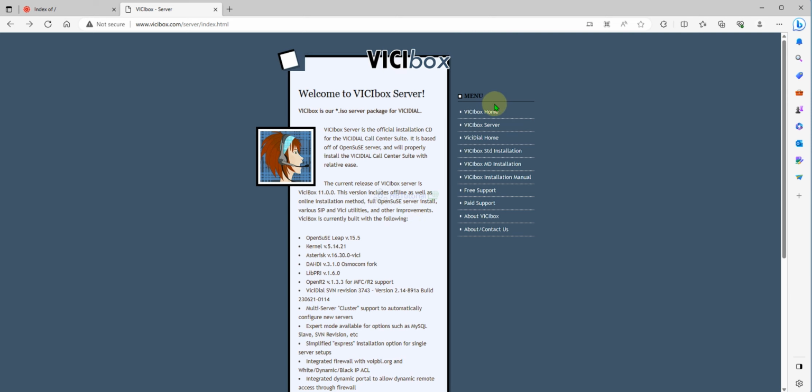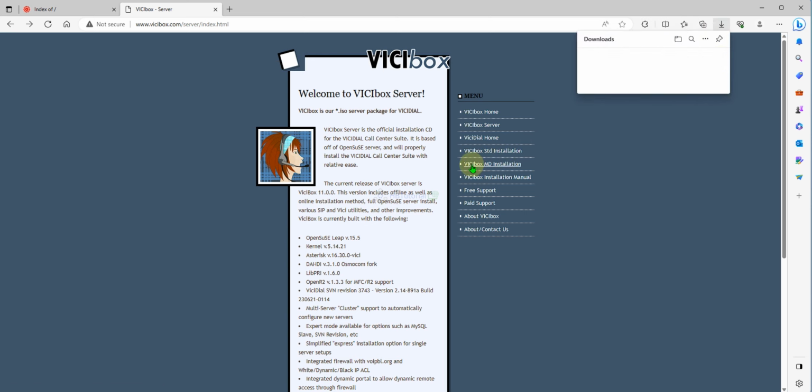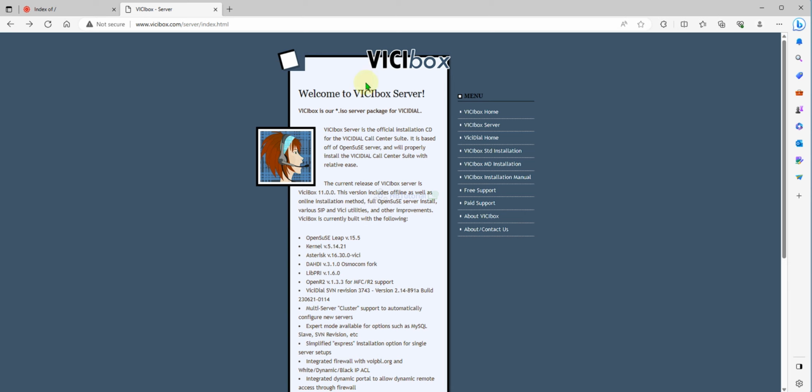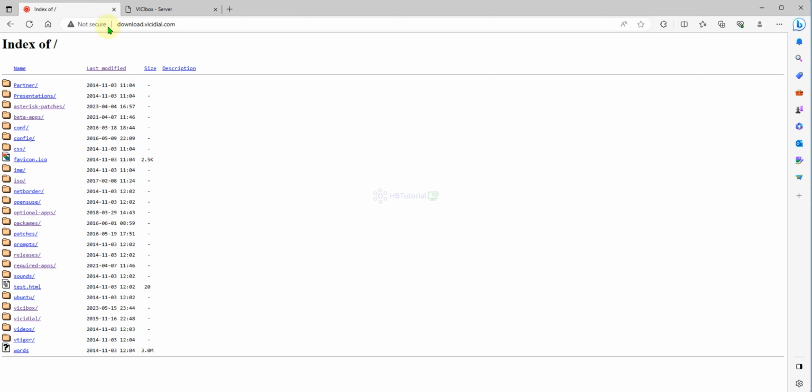Okay guys, so how to download the Vicibox ISO. For your standard installation or single server installation, with only one disk, you can use the standard. Just click this one and it will automatically download on your end. And for the MD RAID, you can click this one also. And if the installer ISO is not available over here,